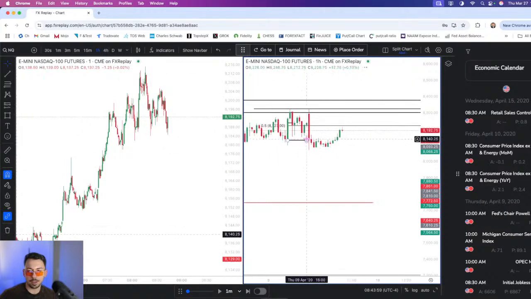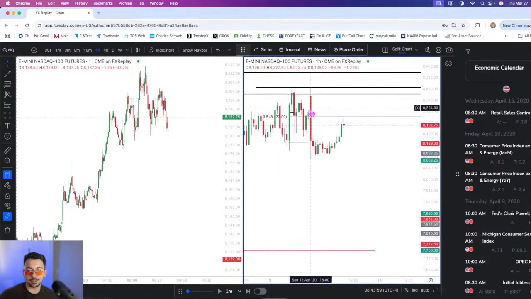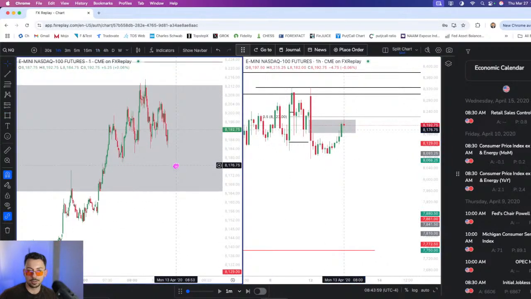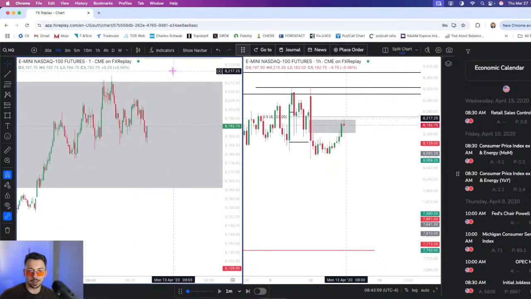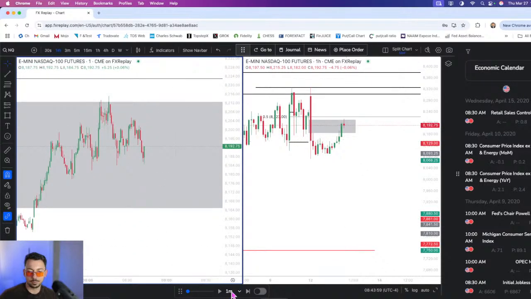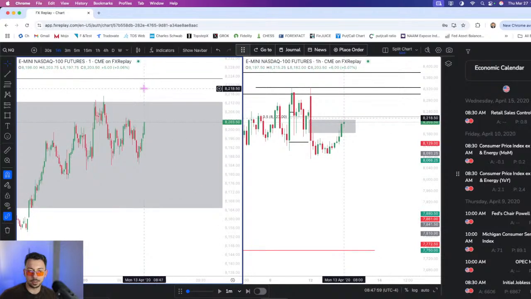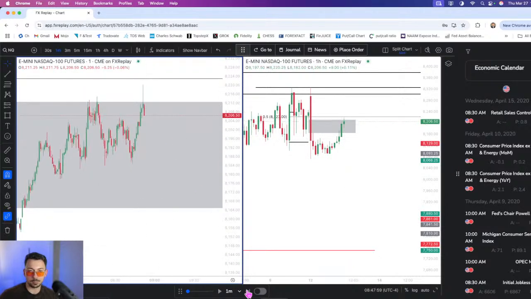I don't see any fair value gaps. This is a very weird candle. Nothing that I want to be part of here. We do have this hourly fair value gap that we are rejecting from right now. You see how we rejected literally from the high. But this is not something I want to be part of personally. But let's see how the day plays out until like 9:30, and then we can maybe see if we get a setup after that.